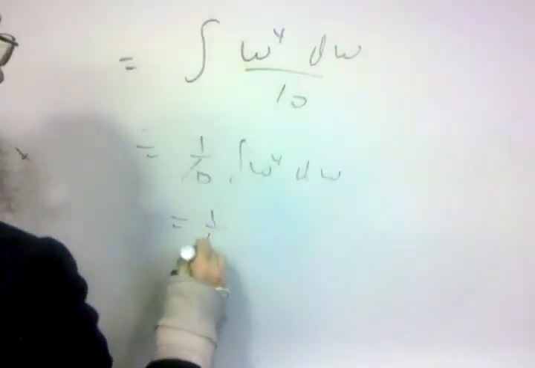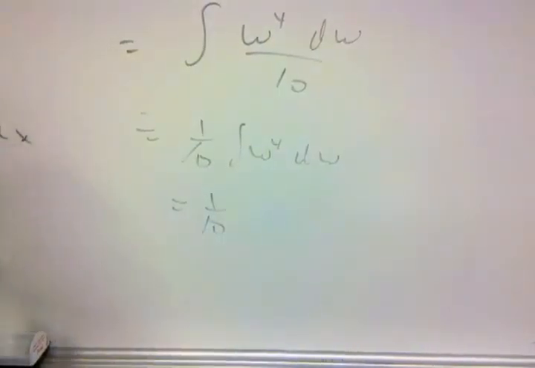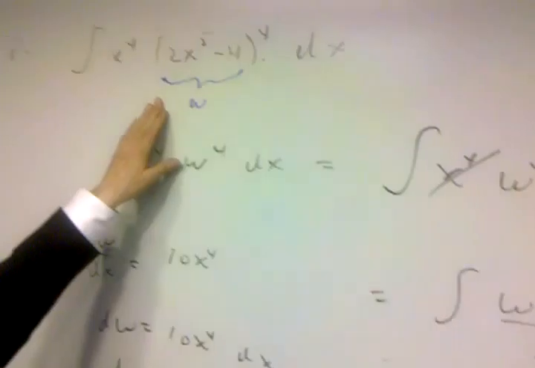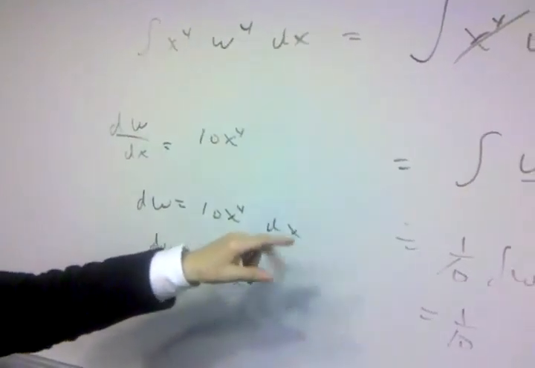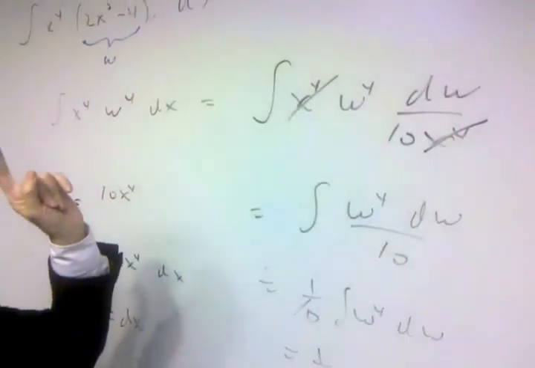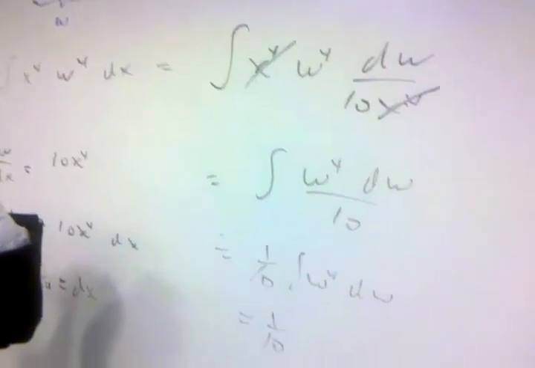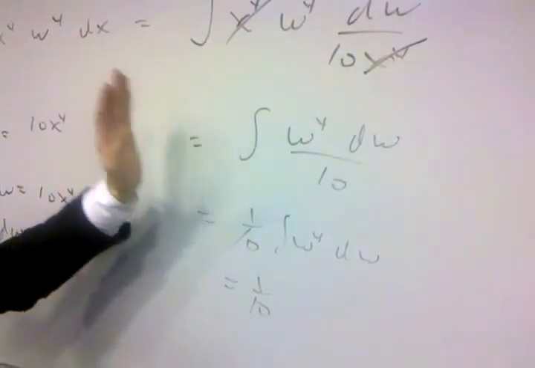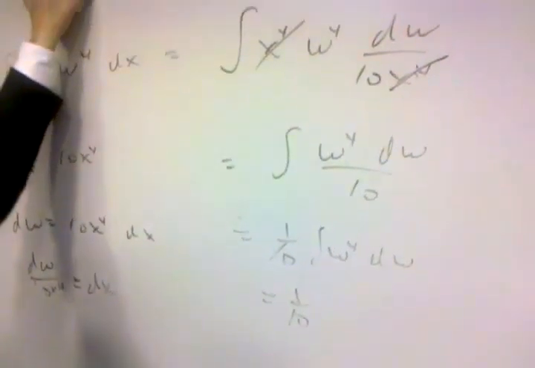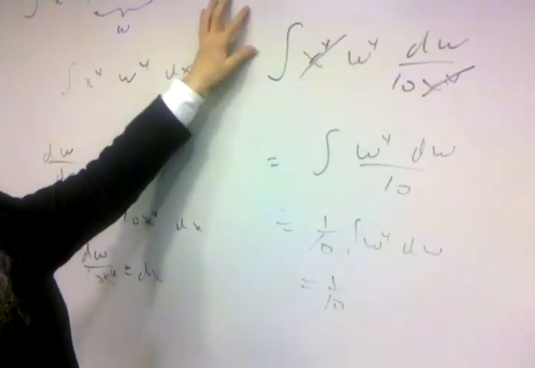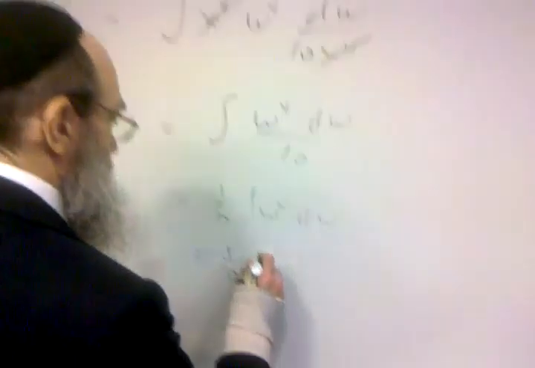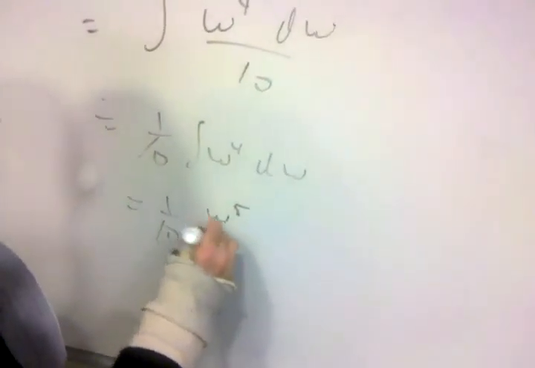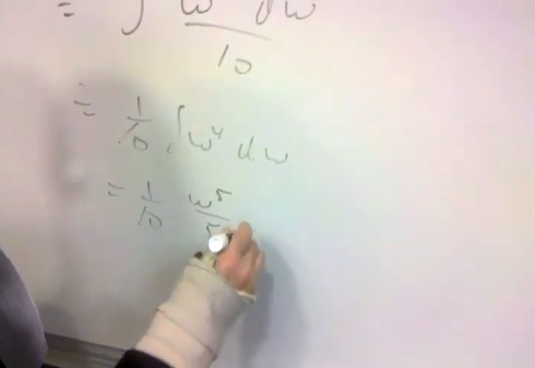This is easy to integrate because it's only w's. That was the reason. The first step was we have to label w, and then we find dw dx. We solve for dx, and we change the dx to something involving dw. If we're lucky, we did it the right way, it ends up that we only have w's left, no x's. So we have to first change a piece of this to w, then we change the dx accordingly, and hopefully the x's drop out. This equals w to the fifth divided by 5 plus a constant,